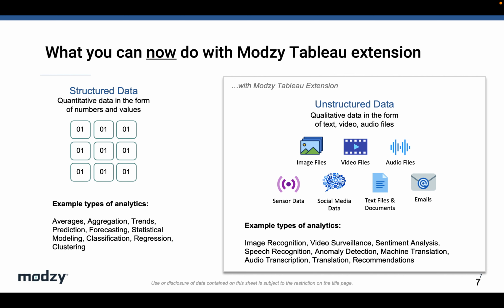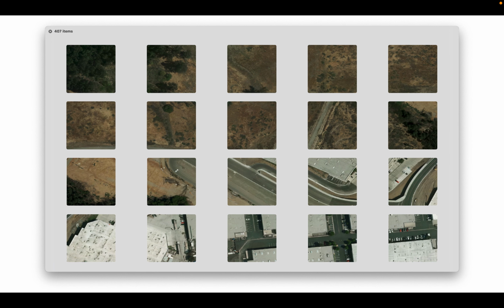So traditionally, this isn't the domain of Tableau, but with artificial intelligence, with machine learning, with computer vision models or NLP models, we're going to explore how to extract, categorize, maybe quantify all the data held up in those data sources. So specifically, today we're going to explore aerial imagery.